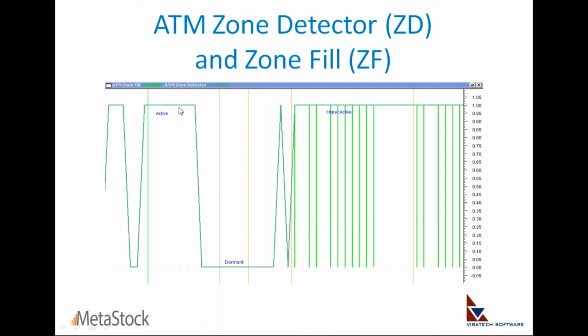If the market's active, you would see the zone detector at a value of +1. Okay, so we call that active. And when you see that, you have what we call the zone fill or the fluorescent green histogram lines right here. That's a phase where the market is hyperactive. In other words, it has both volume and volatility. So you want to make sure that any signals that you get, buy or sell, breakout or counter trend, if you get them in a hyperactive mode, you want to respect those, pay heed to those, and take those trades much more happily.